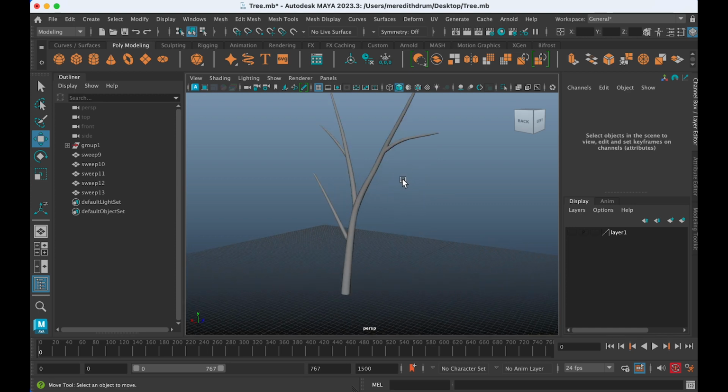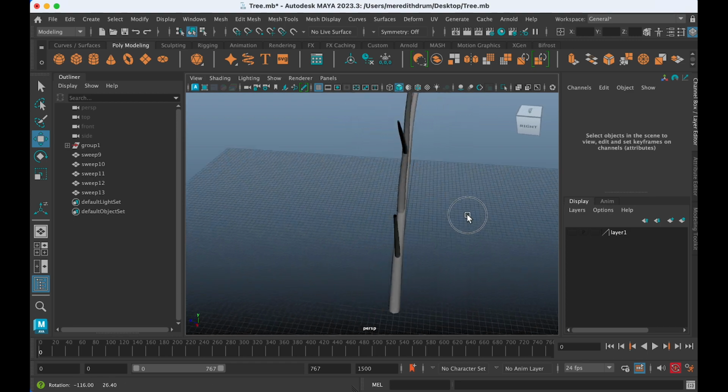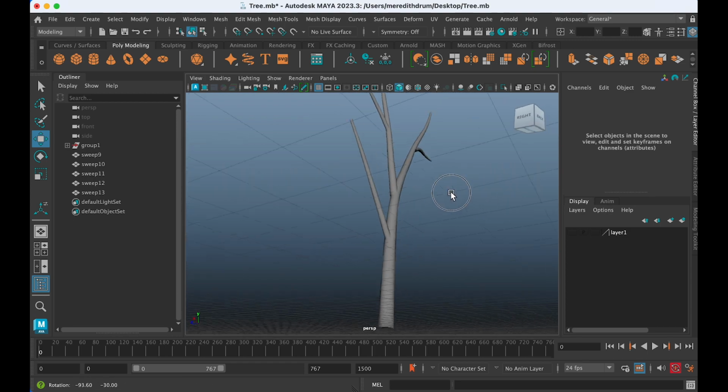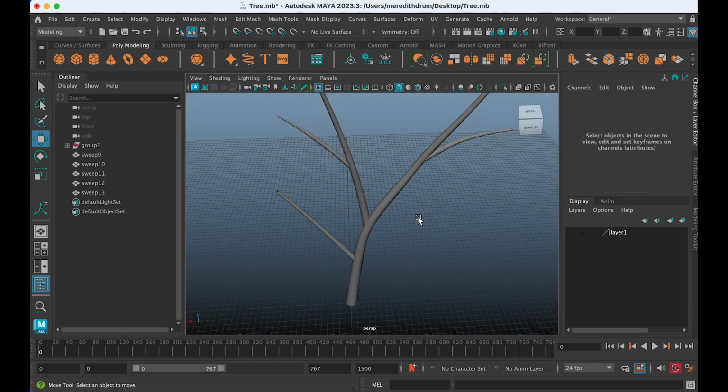We'll come back to this next time, but that's it for today. We're gonna do some more, and you can do different kinds of extrusion too. This is just the sweep mesh, but you can also extrude along lines with a polygon. We'll talk more about that, but that's it for today.